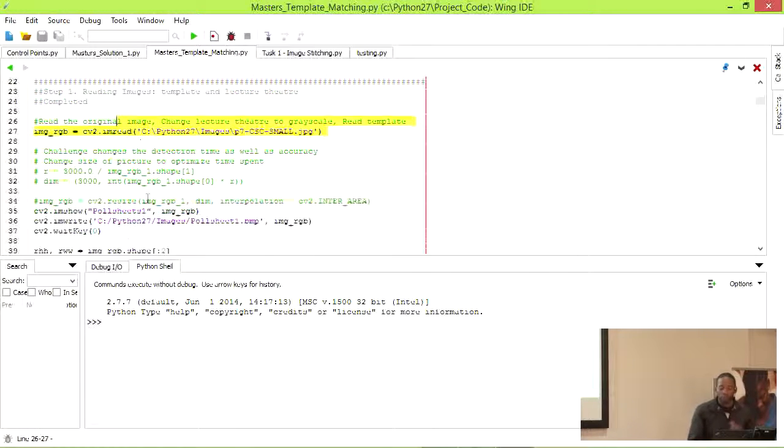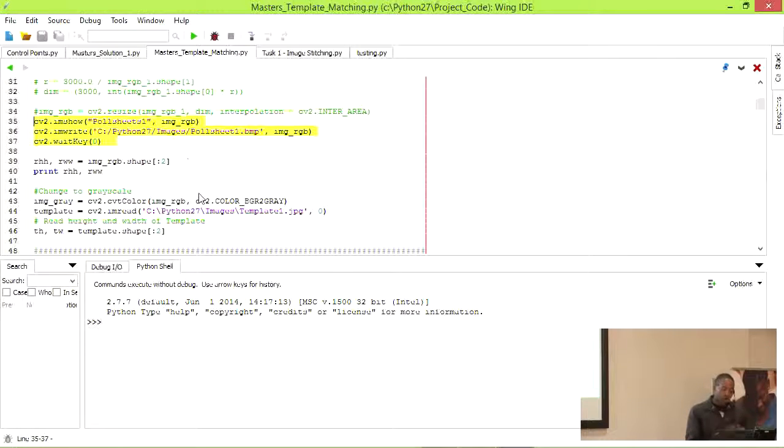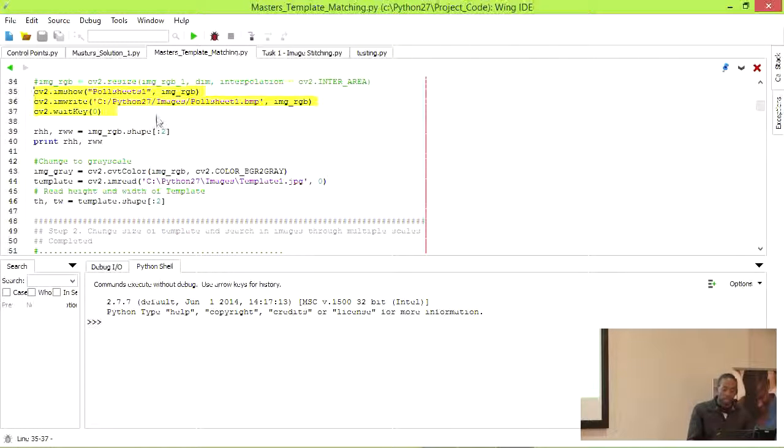So all I really did was import the image. One of the issues that I also had, which was a challenge, was resizing. The bigger the image, the longer it takes to compute through the entire image. So one of the issues I had was, should I resize the image or not? And if you want to get better results, the best thing to do is not resize the image. So the code was there. I ended up commenting it out for better accuracy, can I say. When I'm going through the code, one of the things I would do is just see if I can see the image.